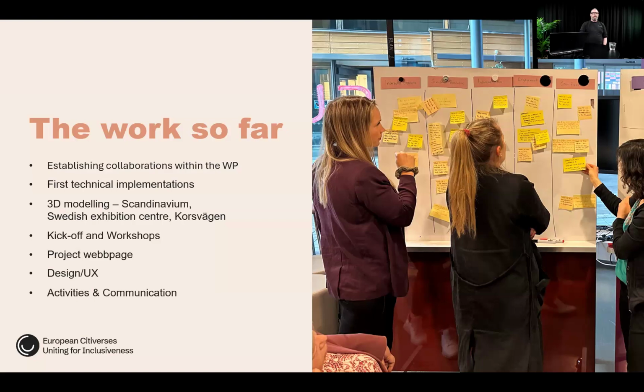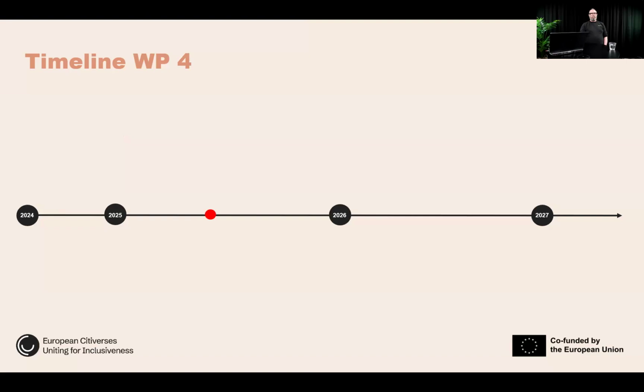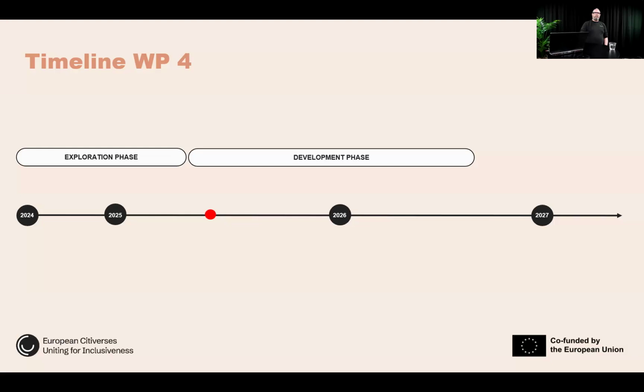And just to show a timeline of where we are, and I will dive back to this in the end as well, but I see the iterations that we have in 3 phases. So we have the exploration phase. That's what we have been doing the first 6 months, and you can see the red dot. We are just past that phase, and now we are into the development phase, or the iteration phase. We are producing clickable prototypes. We will user test them, and we will be